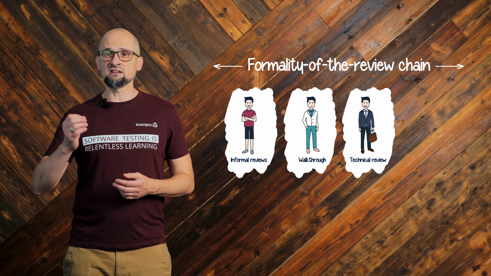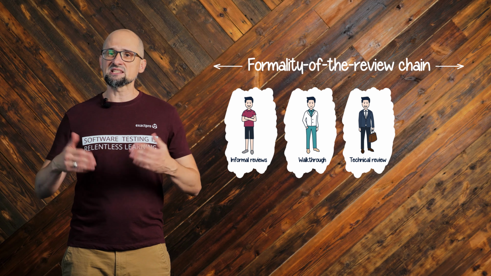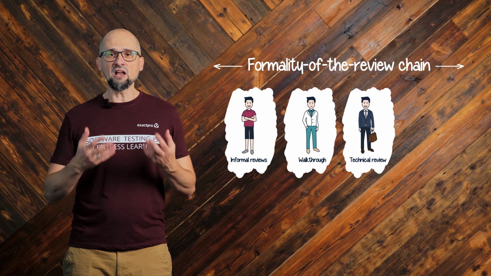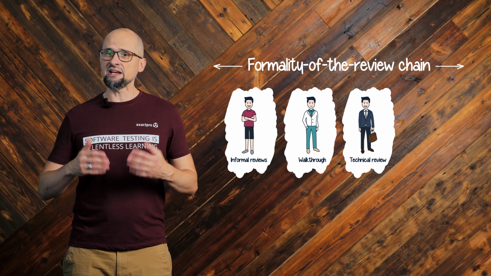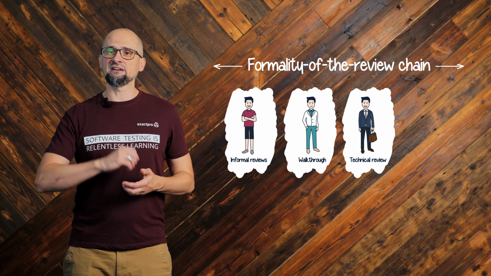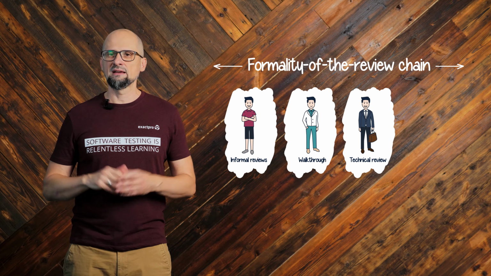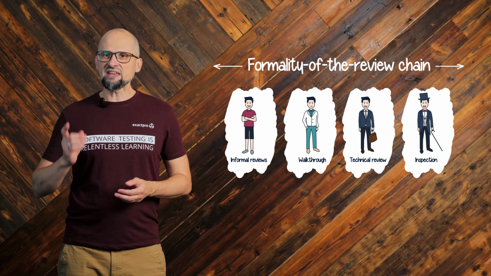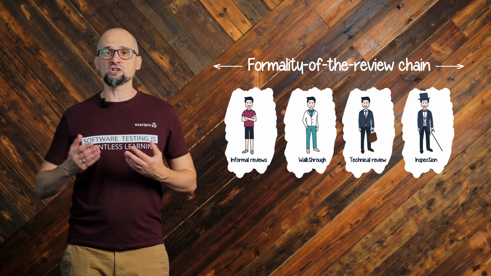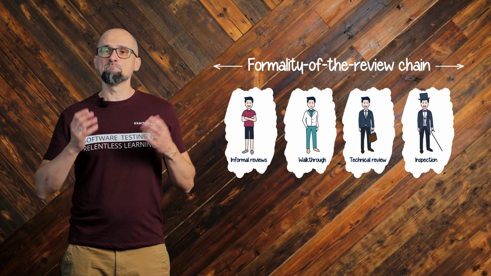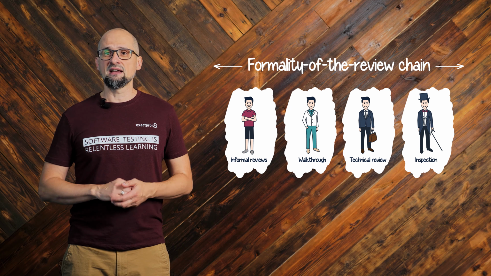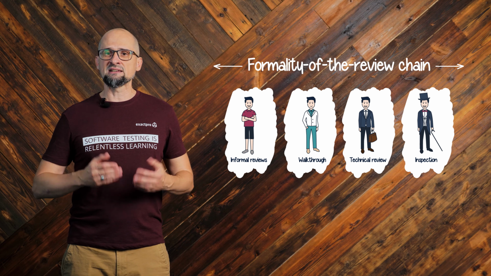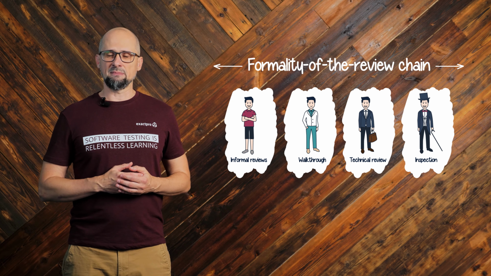Finding defects is still the key, but there are some additional possible benefits as well, like building confidence in the work product, motivating authors to improve, and considering alternative implementations. Inspection. Inspection is the most formal review type. Everything we have listed before applies here with the addition of entry and exit criteria, mandatory meetings, and checklists. As a result, metrics are collected and used to improve the entire software development process.